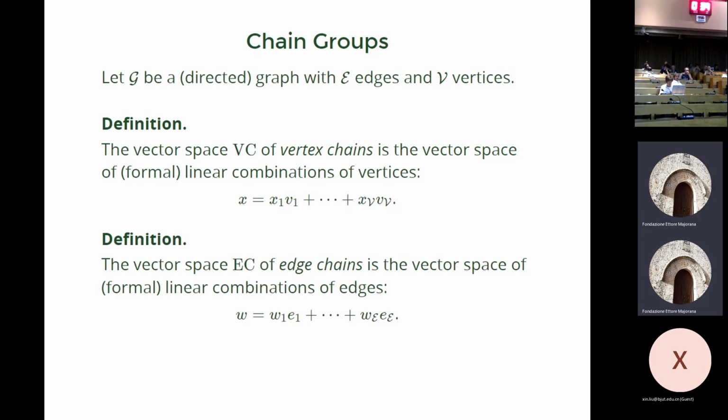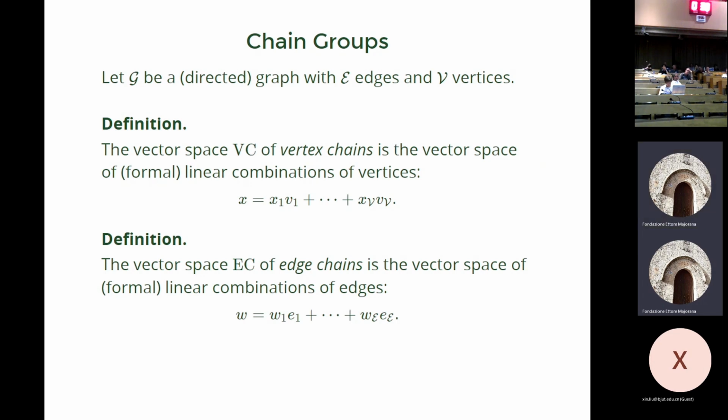To set things up, I'm going to have to do some basic algebraic topology. Really, this is the theory of one-complexes. It's like simplicial homology, but just with one-dimensional things. So not super bad. All right, so here's the idea. I have this vector space of vertex chains, which I'm going to call VC. I have a fixed graph up front, so it has a fixed number of vertices, and I'm going to label the vertices 1 through scripty V. Then this vector space is just formal linear combinations of those vertices.